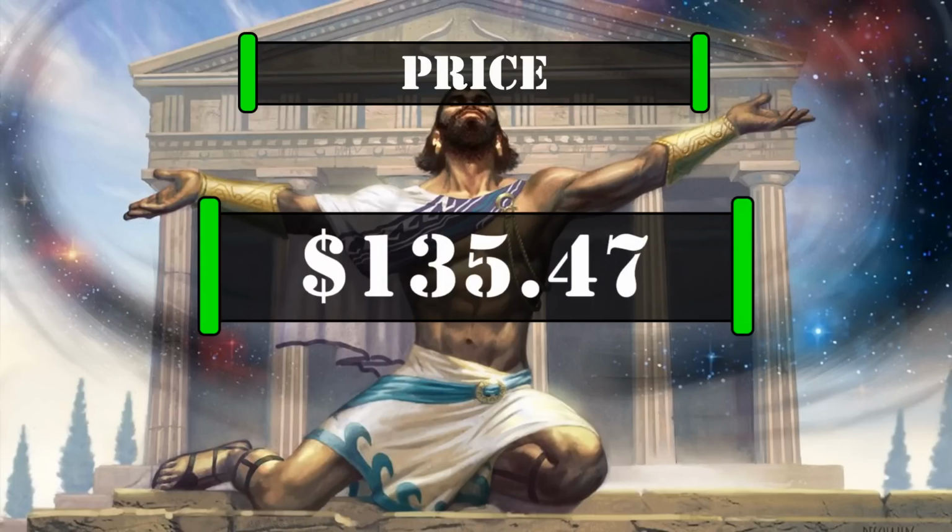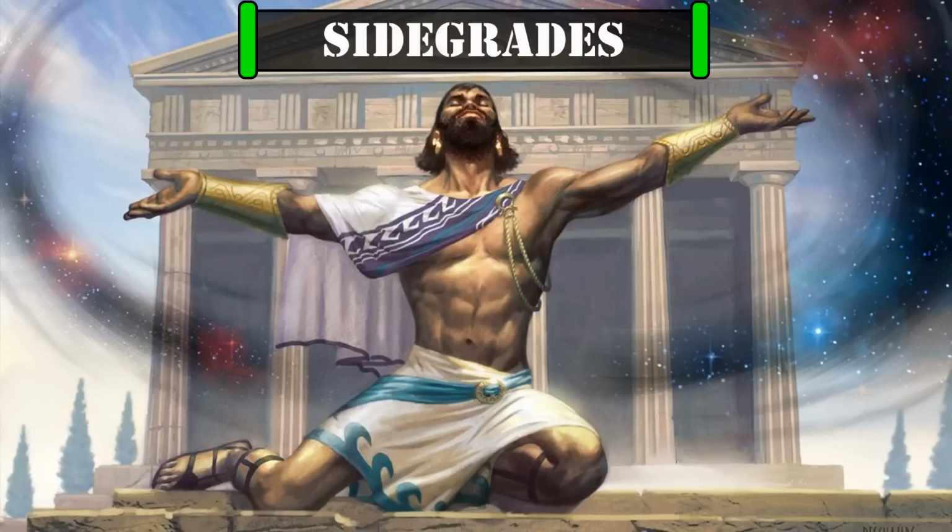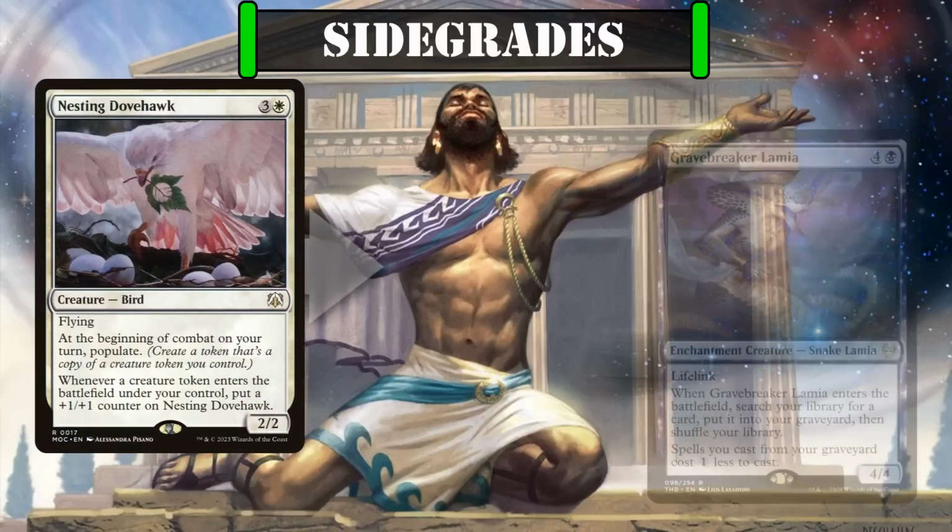This price does not include tax or shipping and assumes that the price you paid for the Precon was $85. The price of the cards was calculated by using the cheapest listed marketplace price on TCG Player at the time of this recording. Taking a look at some potential side grades, we can trade out Nesting Dovehawk for Gravebreaker Lamia